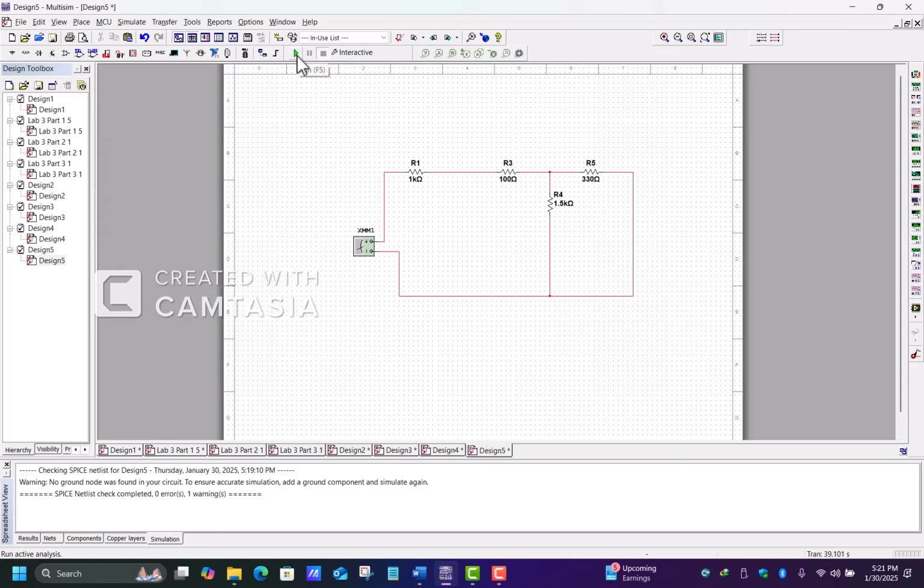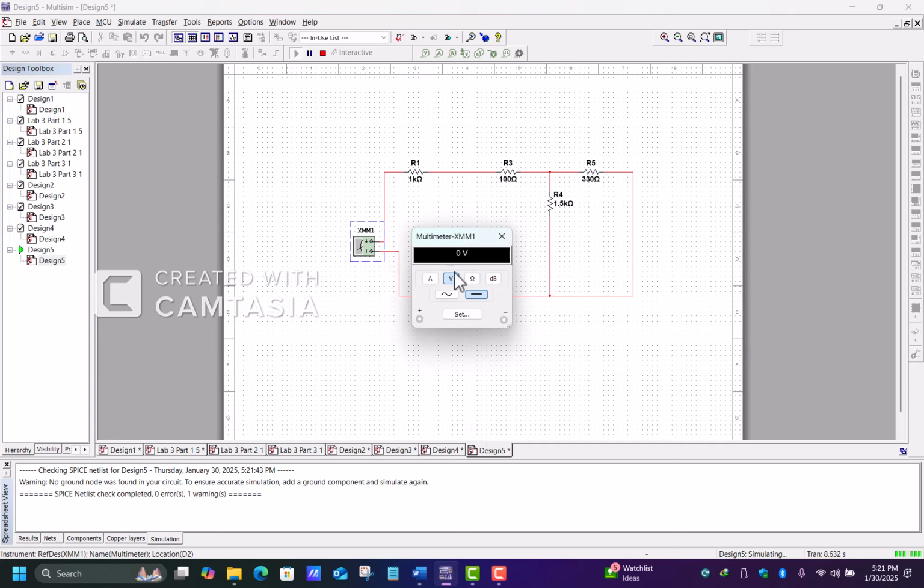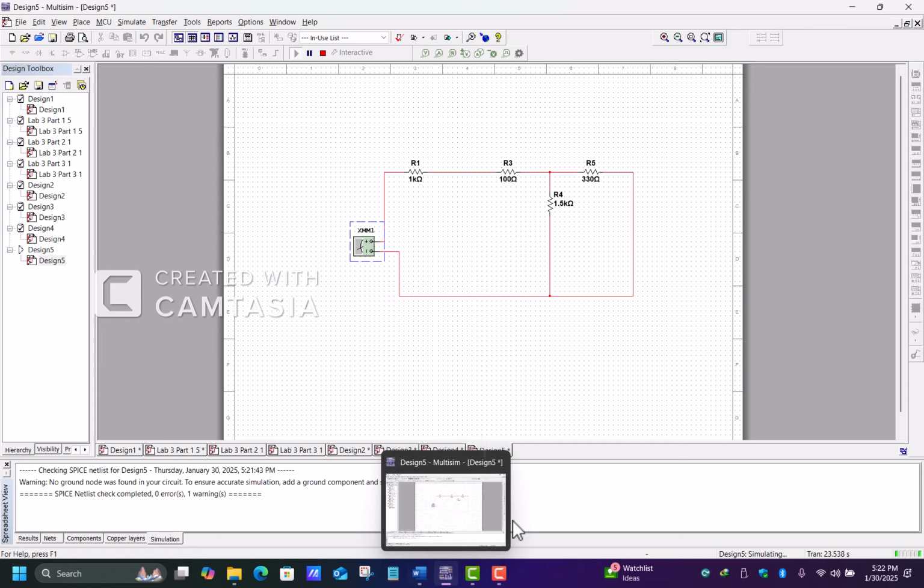If you click the run button here, we'll obtain the Thevenin resistance. So if we click it down, 1 kilo, down, 1.5, okay. So this is my Thevenin resistance. Let's say we apply this ohm button here. It will measure the Thevenin resistance of the circuit. After calculating the Thevenin resistance, we'll